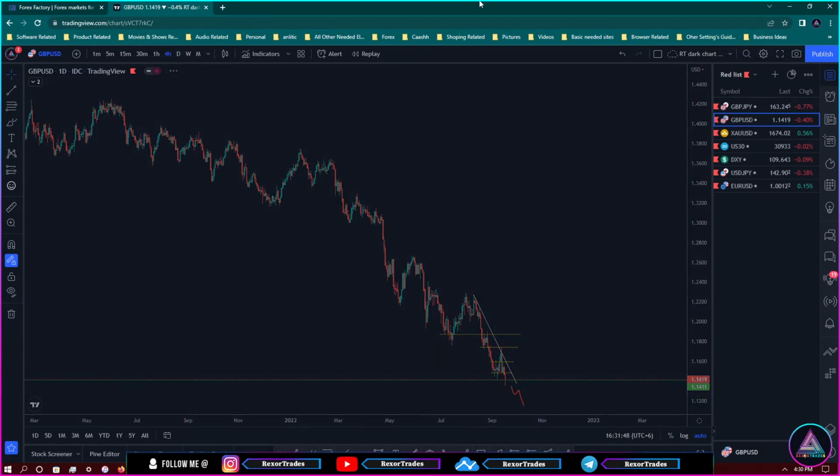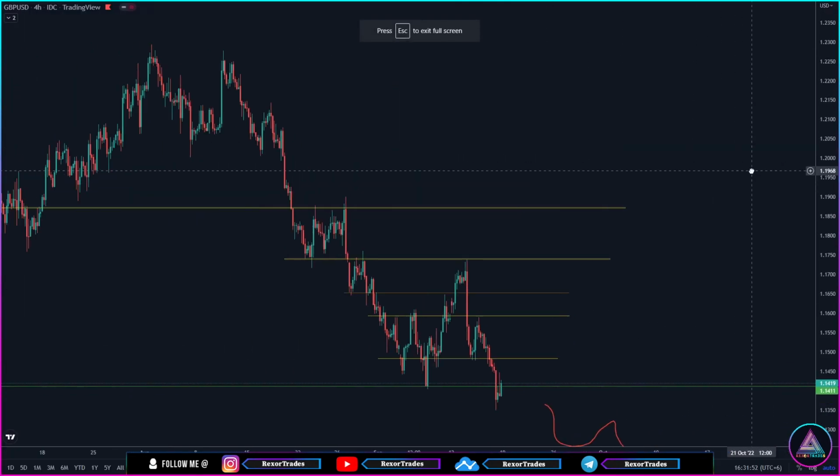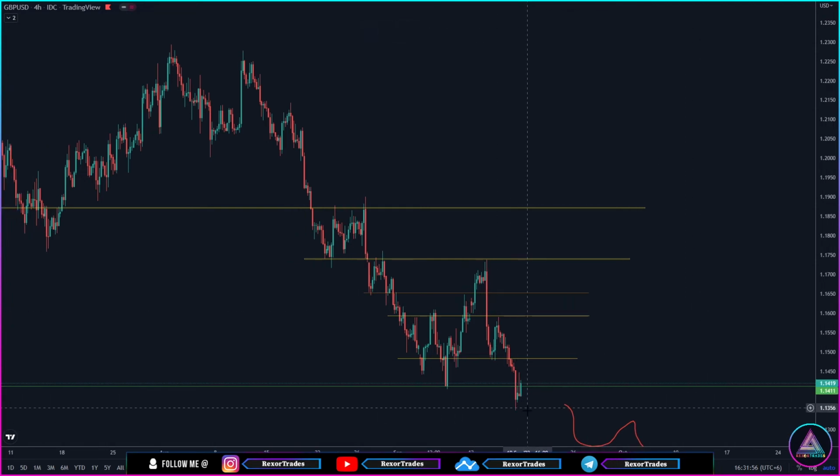However, if GBPUSD, instead of making a break and close below this previous low that it made over here with further bearish momentum, does find support over here and continues to form these higher lows into these resistance key zones and makes a break and close above that key zone with a further bullish move in respect to another uptrend line it might be forming, which might look something like this, then we can start to look for trades